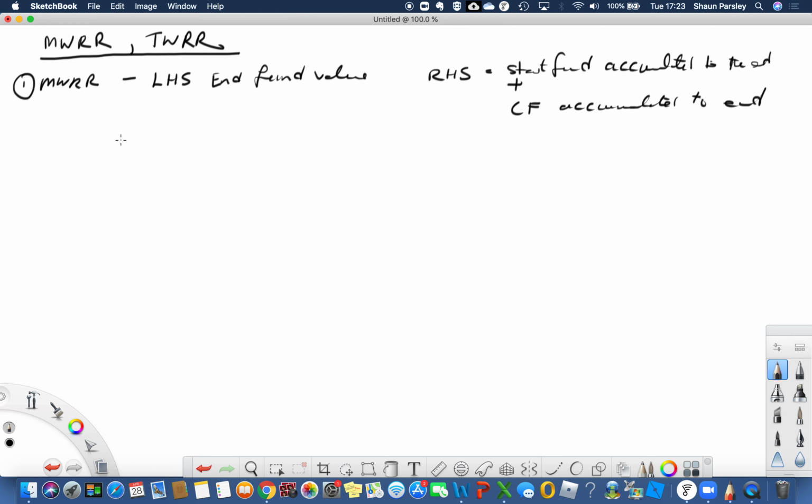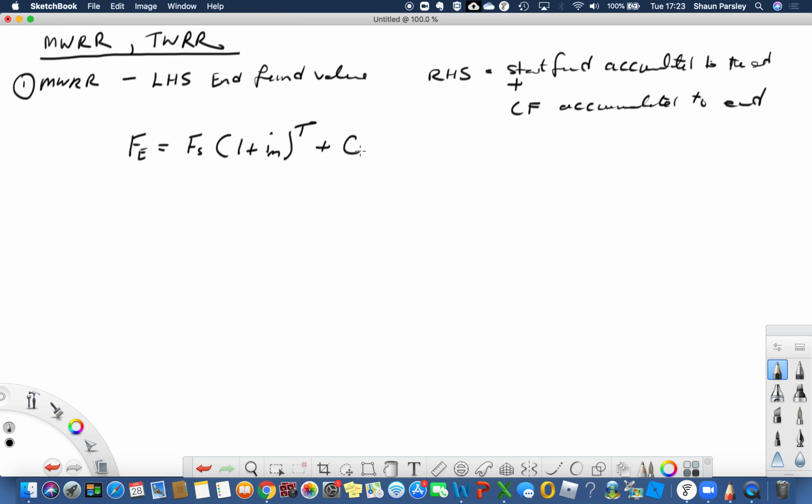So if we do a little formula on this, the fund end equals the fund start times 1 plus i, I put a little m there to say it's money weighted, to the power t, where t is the amount of time from 0 to the end of the measurement period,